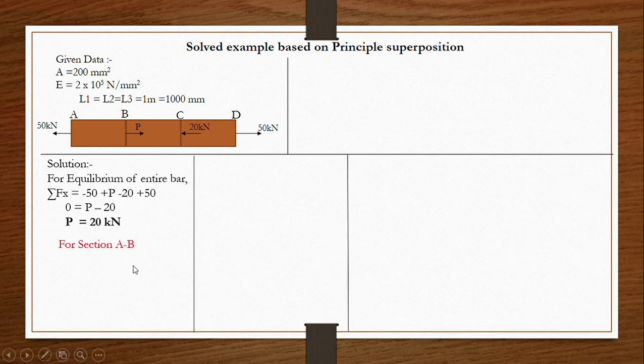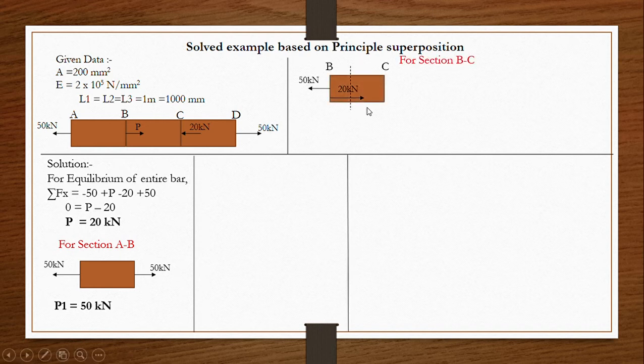For the section AB, that is the first part, you should keep in mind which will be the end point or the end point section. The force which is given on the one side, the same force will be applied on the other side. So here 50 kN is going outside, so in the same way on the opposite side 50 kN outside, that means it is in tensile stress. So P1 is equal to 50 kN, which is positive as it is tensile.